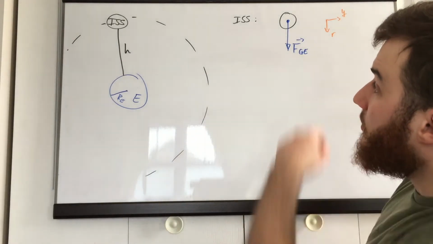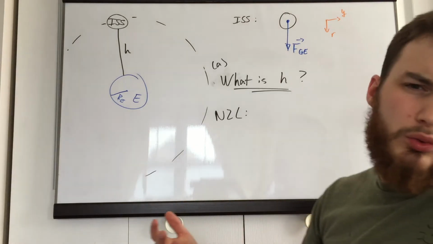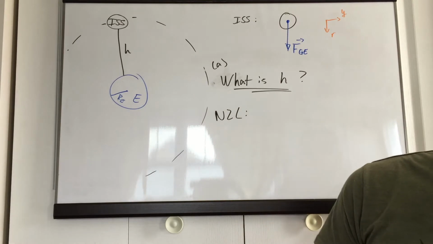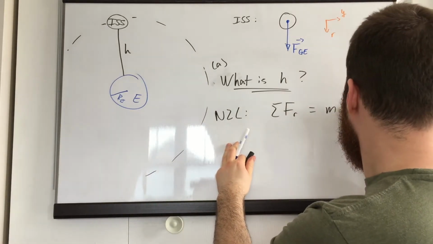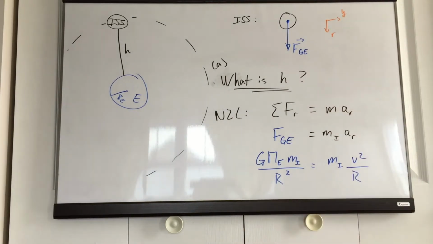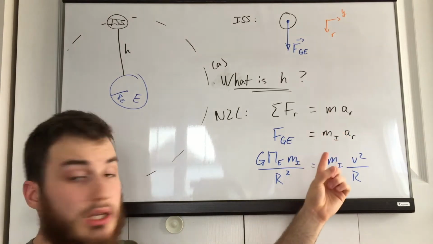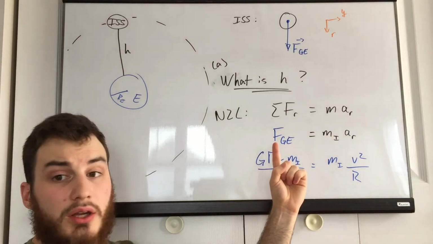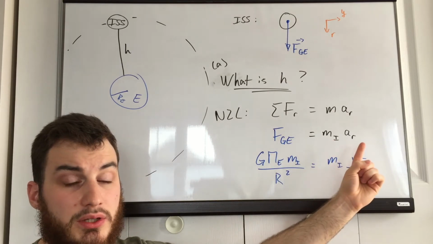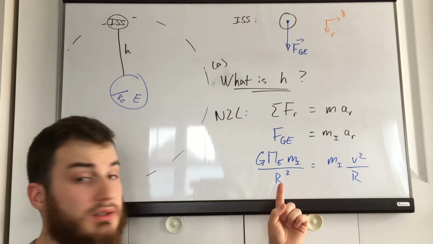So we drew the situation, we drew the free body diagram. The next step is Newton's second law. So considering only the one direction, since we only have forces in one direction, so that's going to be the gravitational force, and here we have it. That's Newton's second law in R, and then we have the gravitational force from the Earth is equal to the mass of the ISS times the radial acceleration, and the gravitational force is the universal law of gravitation, which yields